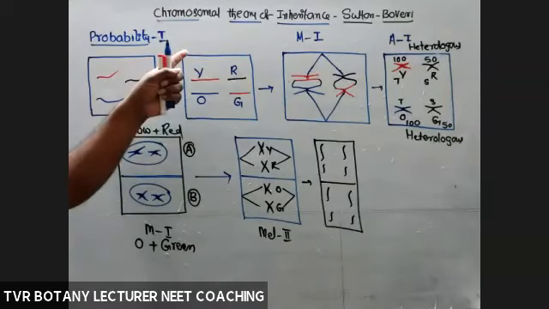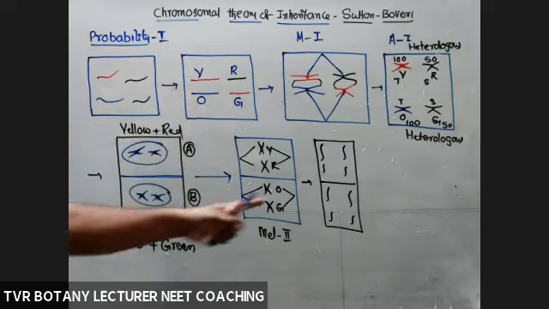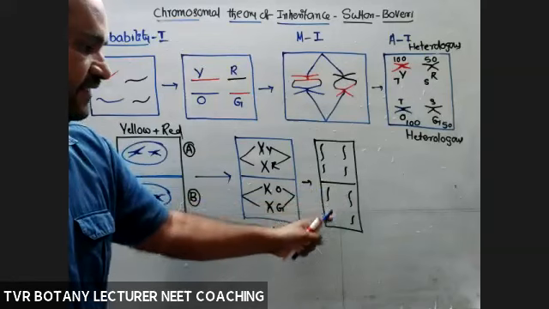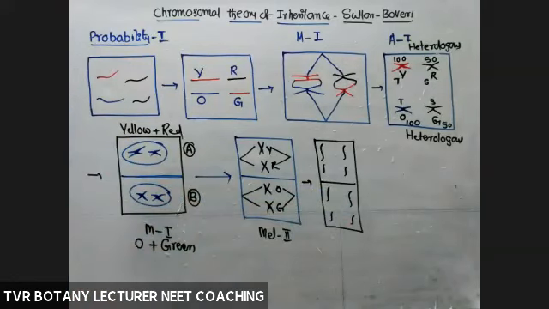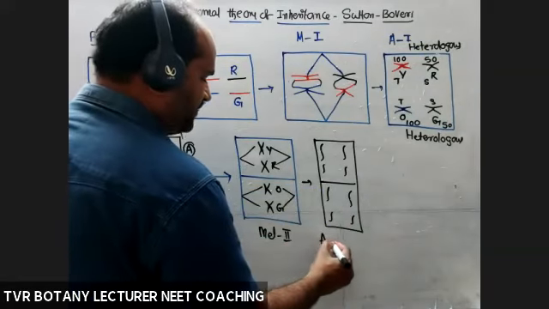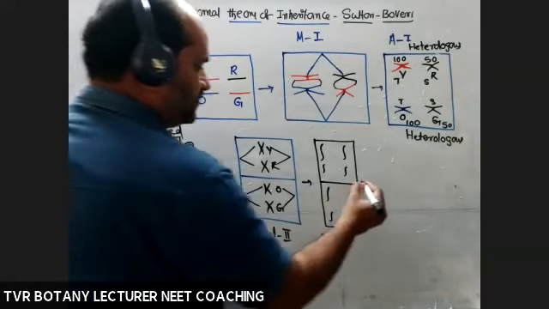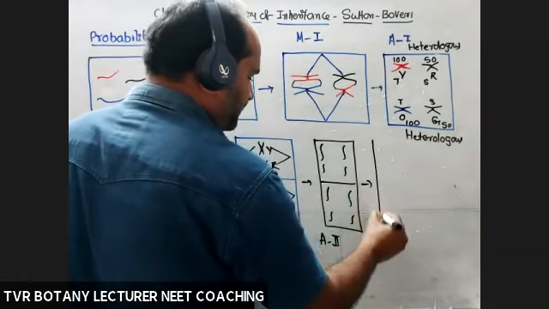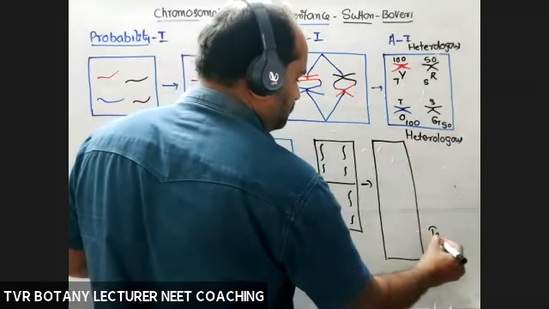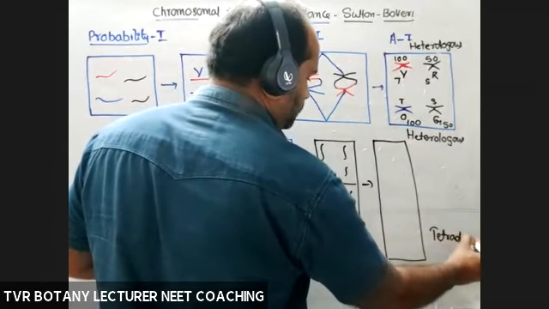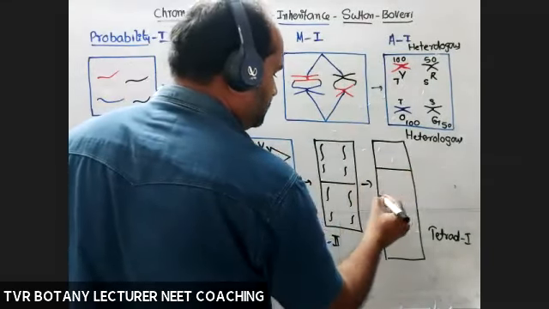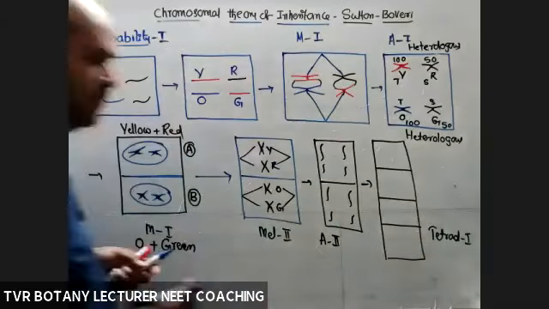Basically, what about the number of chromosomes? The 2n chromosome number is 4. Now 2n converts into 1, 2, 3, 4, 5, 6, 7, 8 chromosomes. 4 into 8, so the chromosome number is doubled during phase 2. So ultimately, after completion of complete meiosis, a tetrad is produced. According to the textbook, you can take one tetrad. How many cells are there? 1, 2, 3, 4 cells.